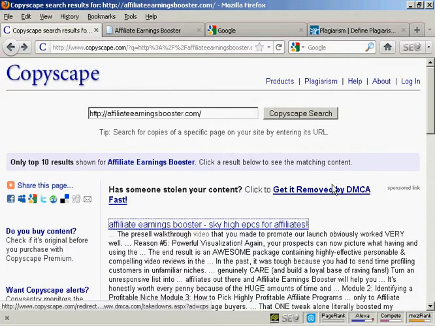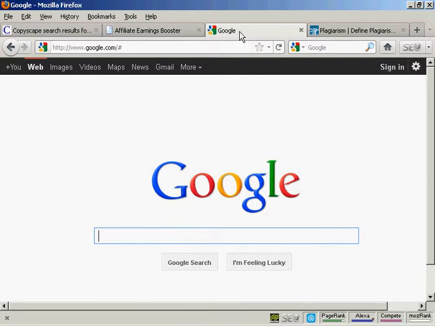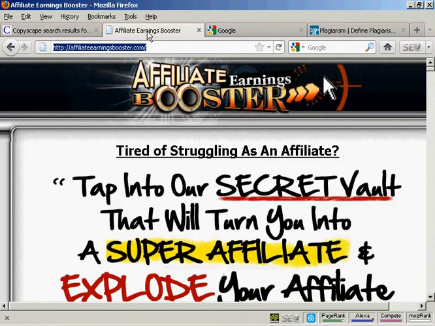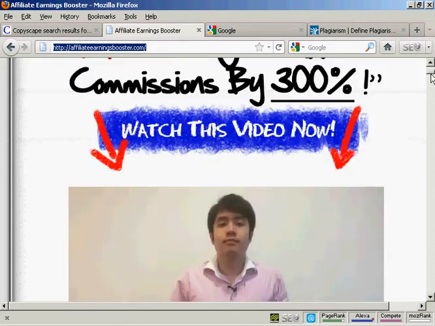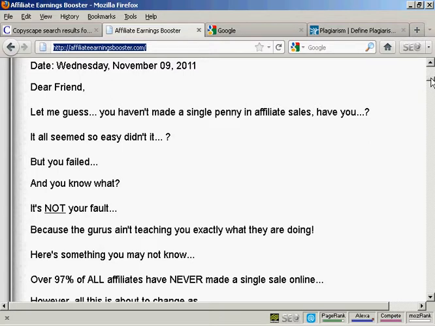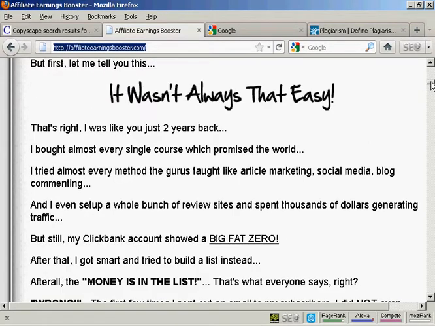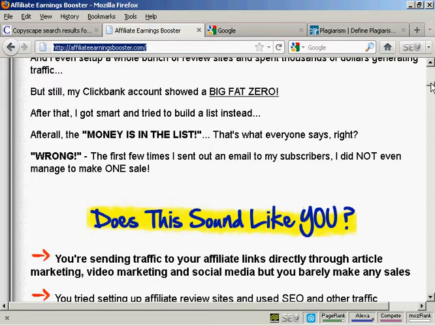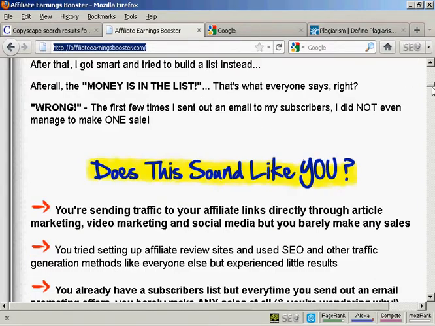Another way that you can do it is by doing a search in Google. And to do that, what you need to do is to find a couple of phrases from your web copy that are going to be unique to this particular web copy. So, for example, if I just scroll down, you can see there are all sorts of lines here. Now, you want to find one that is going to be unique, because, for example, there might be a lot of different websites out there that have the phrase, but still my ClickBank account showed a big fat 0. So you want to find something that's fairly unique